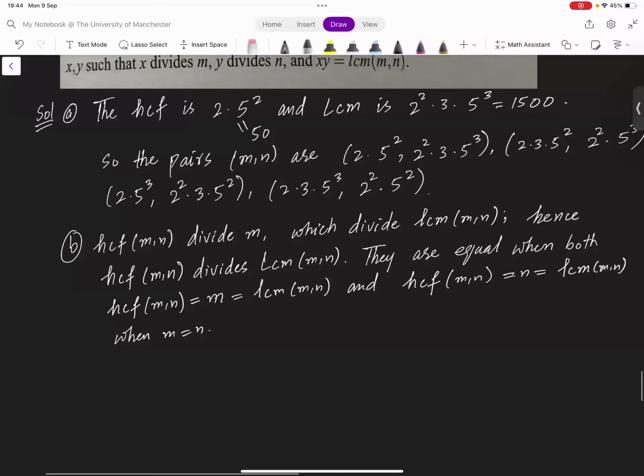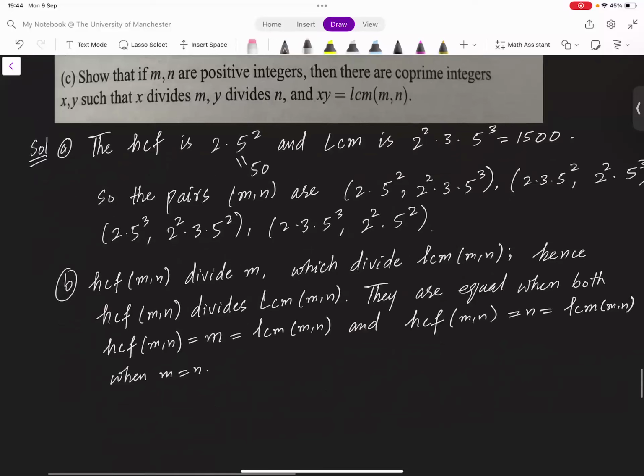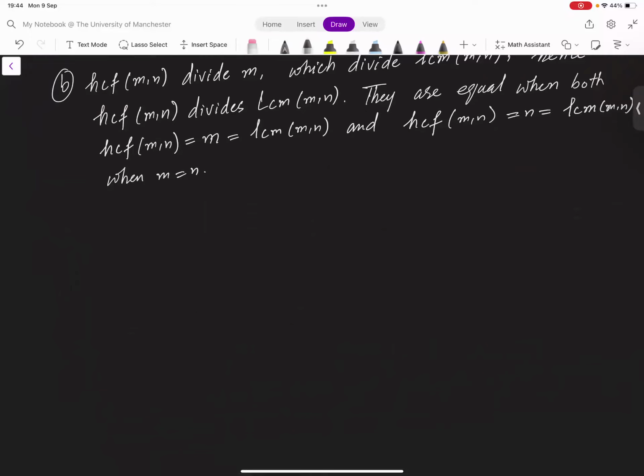Perfect. Part C is show that if m and n are positive integers, then there are co-prime integers x comma y such that x divides m, y divides n, and their product is LCM. So that's again true. So part C is, as we have seen in the proposition 11.2,